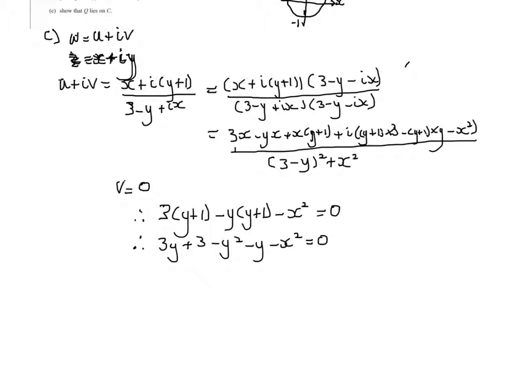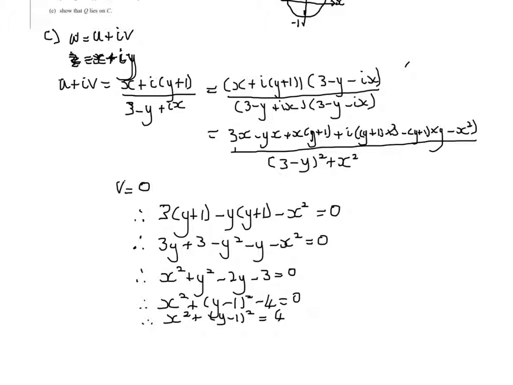This is simply a circle. We'll complete the square. And this is the same circle as we found before, so it does lie on